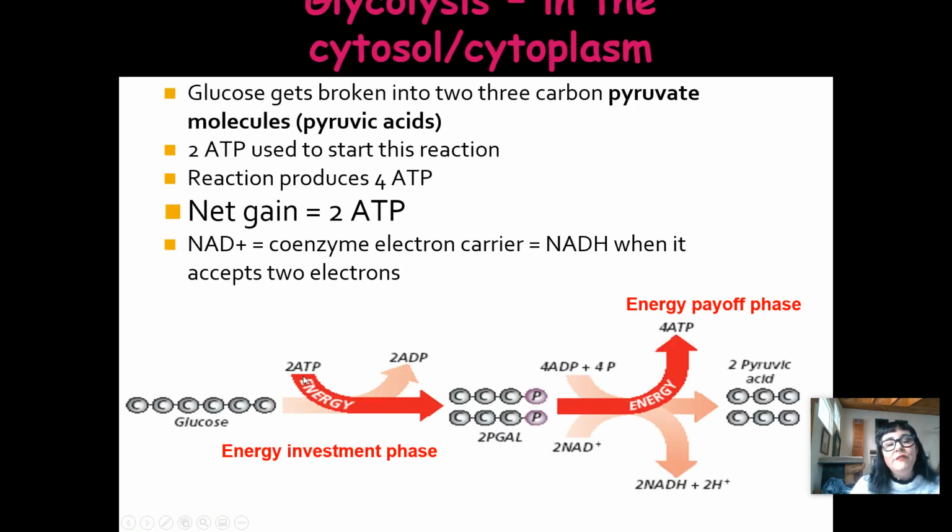And again, we use 2 ATP, and we're going to phosphorylate. So 2 ATP to break this apart. And we phosphorylate one from each ATP, these 3 carbon molecules. Are you with me? And this is a temporary intermediary called PGAL. And you're going to see this later when we get into photosynthesis. Okay, now,